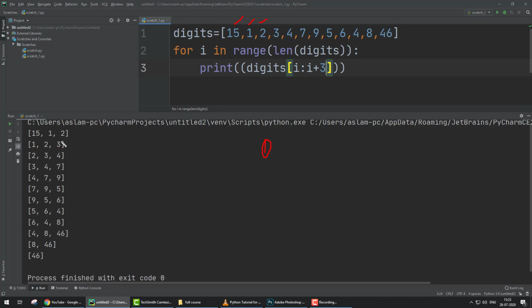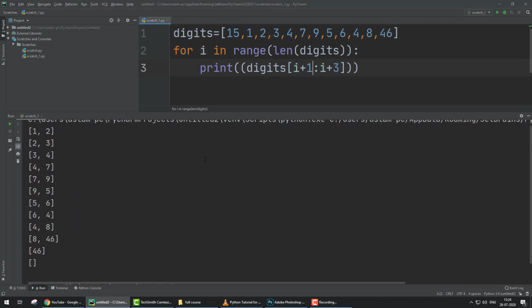So it prints 15 1 2, like that. But when the list number decreases, it goes like that. You can change these things, and with i plus 1, run, you can make different types of data. So this is the trick, this is how we play with index numbers, and the more logic you put in, the more kinds of data you can provide and play with.